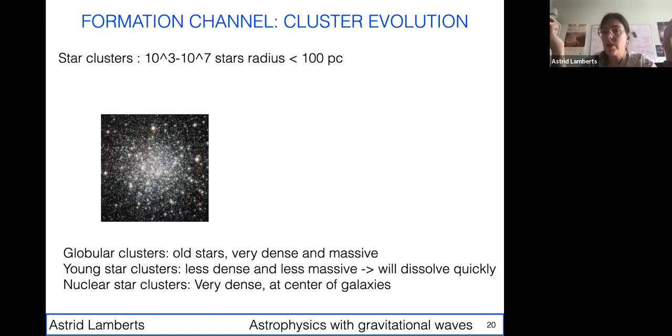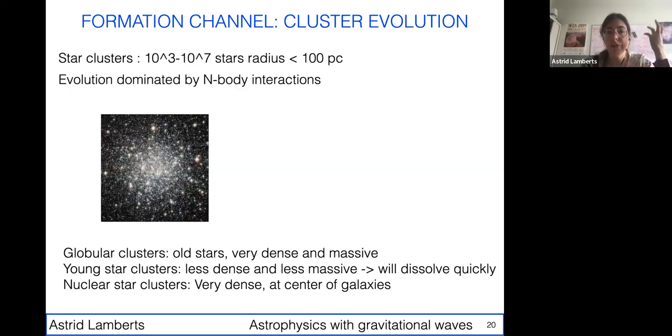We can also have young star clusters, which are less dense, much less massive, and they will dissolve much more quickly, but they're quite numerous. Actually, a lot of massive stars form in groups or clusters. And then we also know that at the center of galaxies, we have these nuclear star clusters, which are really dense, really massive. And so in all these environments, we will have a lot of n-body interactions that can possibly bring binaries close to each other.